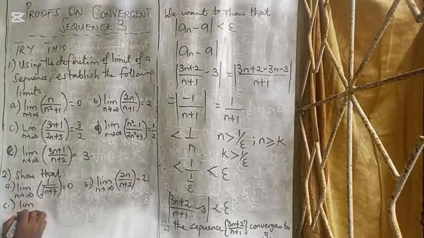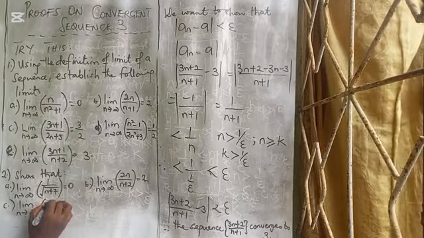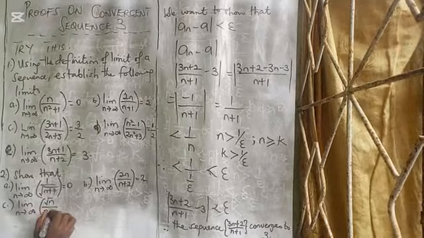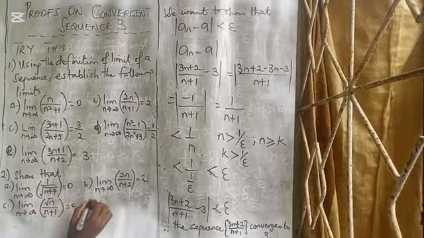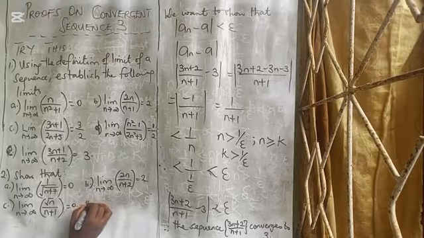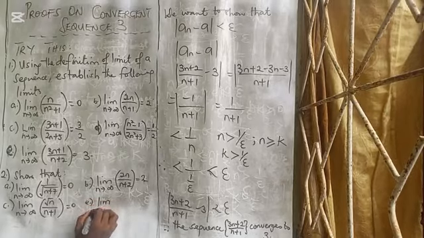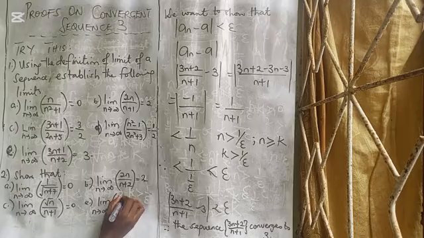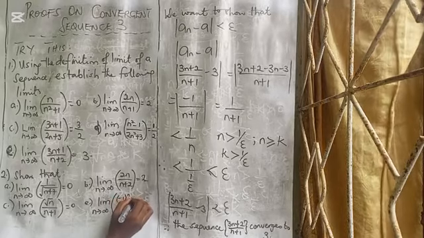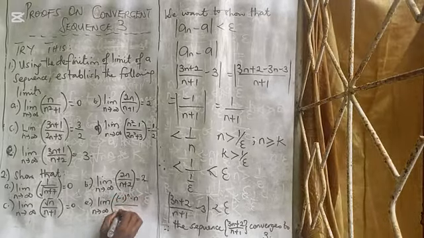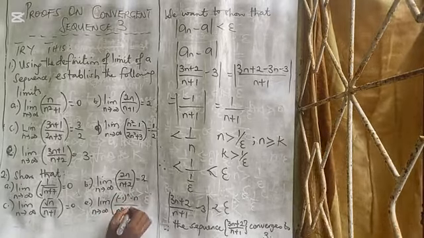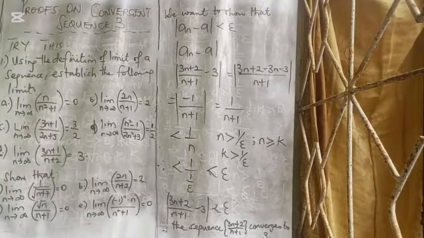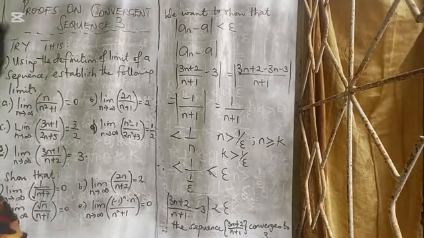Limit as n tends to infinity of root n over n plus 1 equals 0. And lastly, limit as n tends to infinity of minus 1 raised to power n times n over n squared plus 1 equals 0. You can try your hands on the above